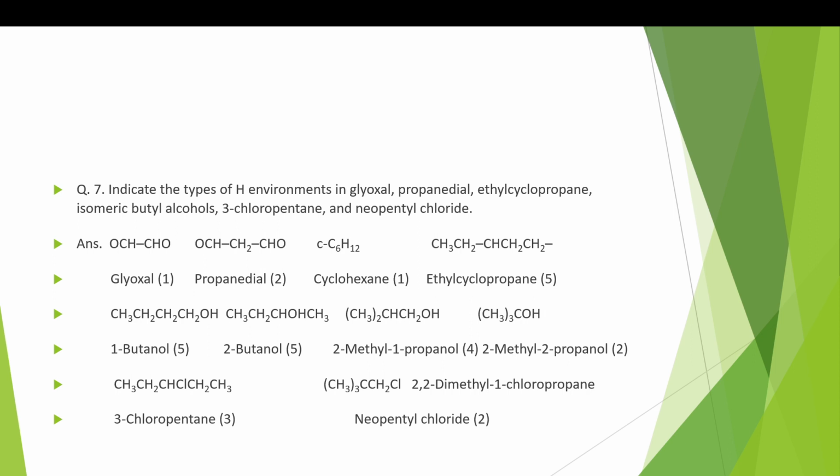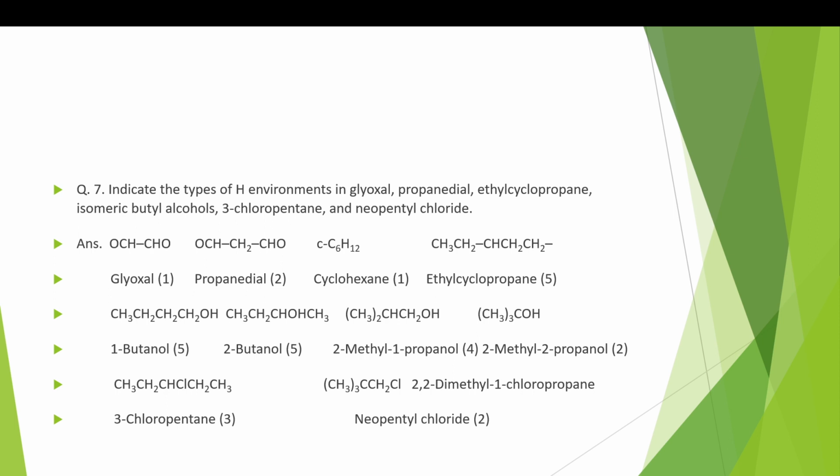Question 7. Indicate the type of H environment in glyoxal, propane diol, methylcyclopropane, isomeric alcohols, 3-chloropentane, neopentyl chloride. The data is listed here. Glyoxal 1 type, propane diol 2, cyclohexane 1 type, ethylcyclopropane 5, 1-butanol 5 types, 2-butanol 5 types,